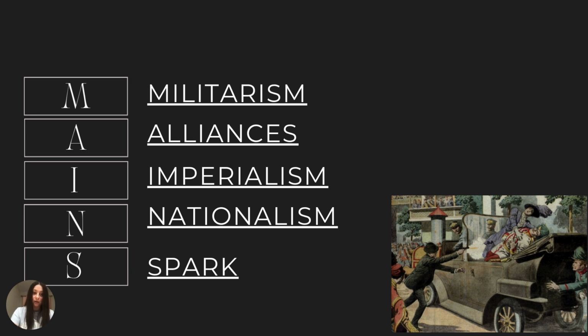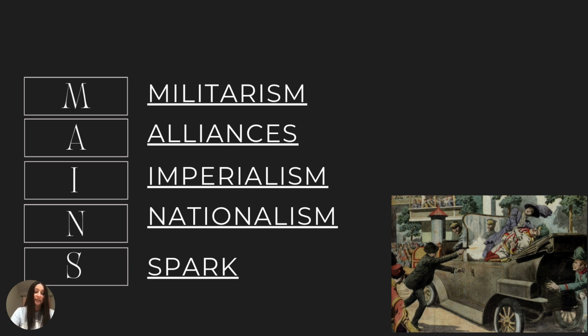Imperialism, just to cut it short, is the conquering of foreign territories for resources, which caused many wars. This is going to lead to high competition between different countries. Nationalism is the pride in your nation to the point where you believe your nation is actually superior to all others. And the spark is that one event that caused all this to blow up into the global war, which is,